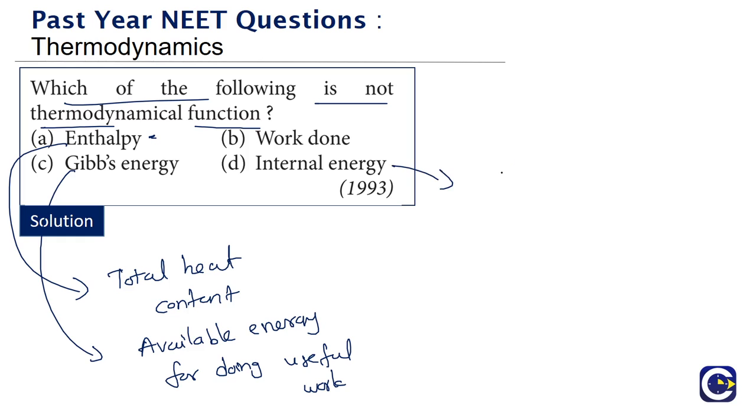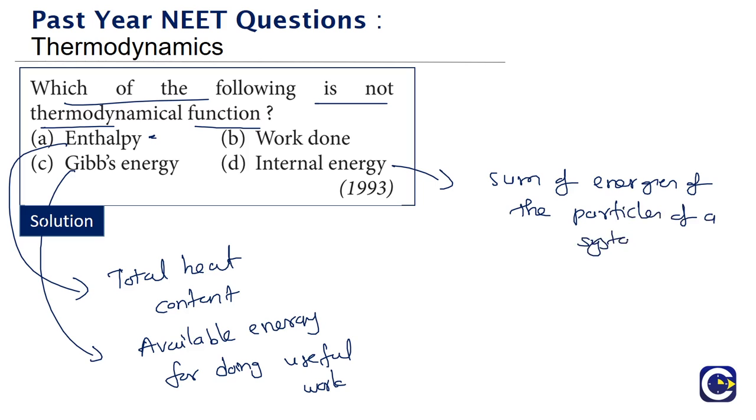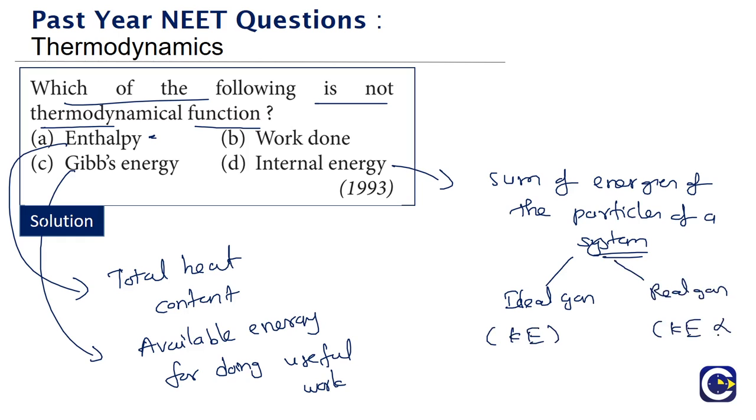Internal energy refers to the sum of energies of the particles of a system. The internal energy of an ideal gas is only related to the kinetic energy. The internal energy of a real gas depends upon the kinetic energy and the potential energy also, because between the real gas particles there will be interactions. When you talk about the work done,